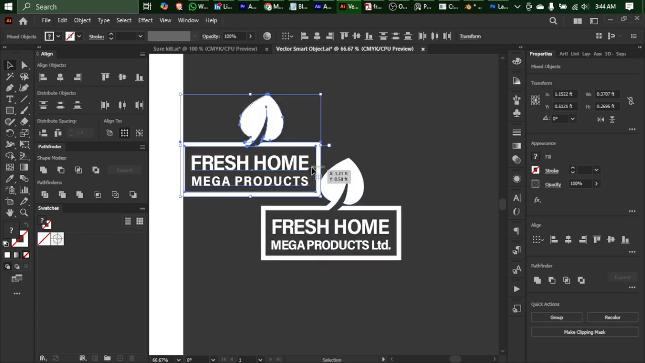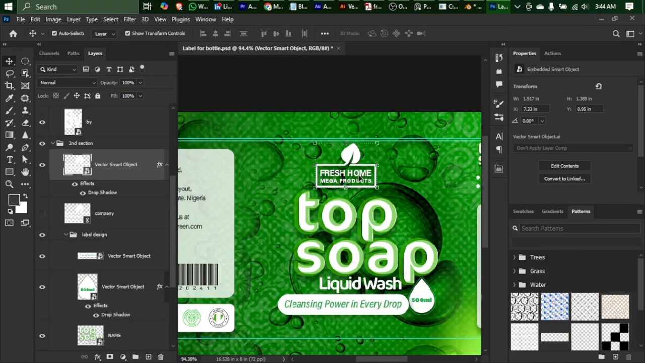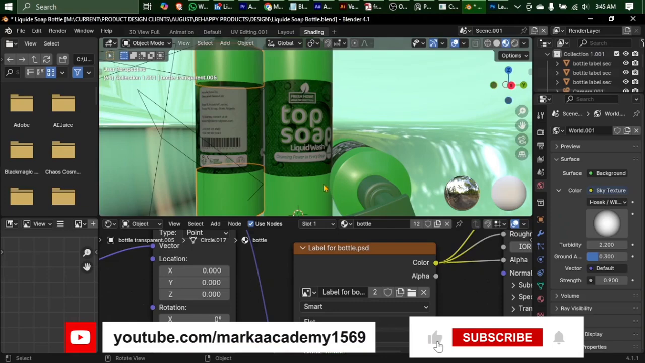Now, every time you update the design in Illustrator, it automatically syncs to Photoshop and Blender, making this an efficient,